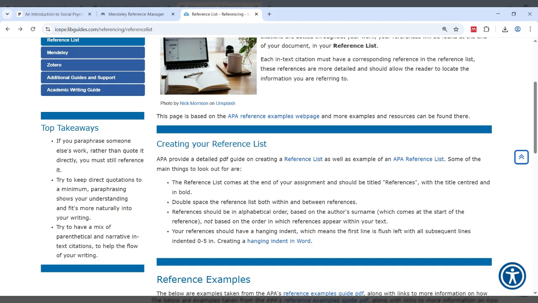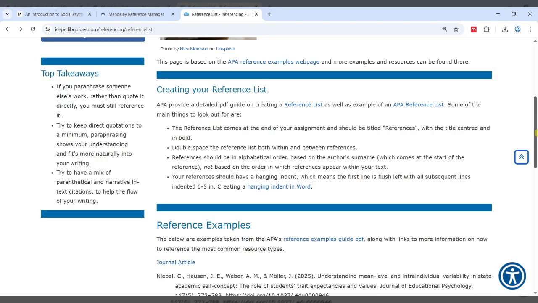This can be a particular thing with the Mendeley Web Importer. So you just need to have a kind of basic knowledge of what your references should look like so that you can spot any mistakes and just fix them up. And to be fair, it's quite easy to remedy mistakes through Mendeley.